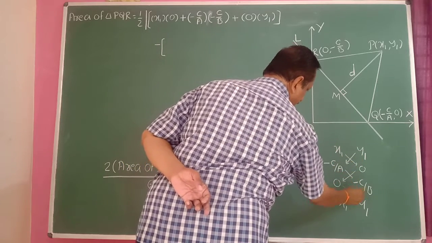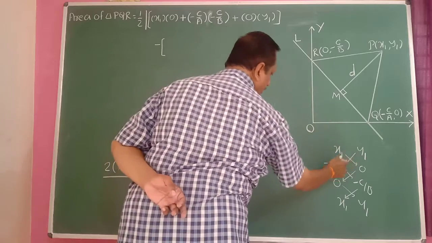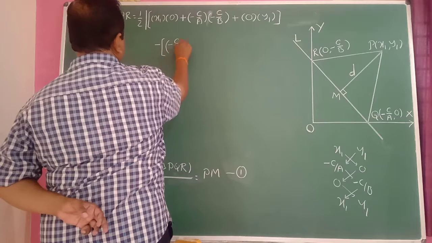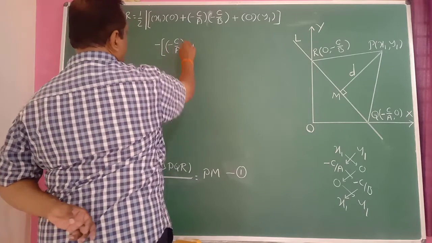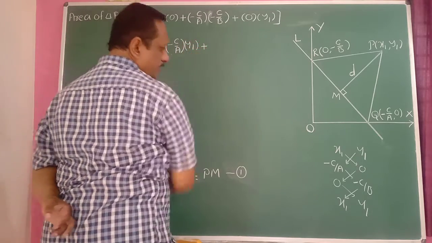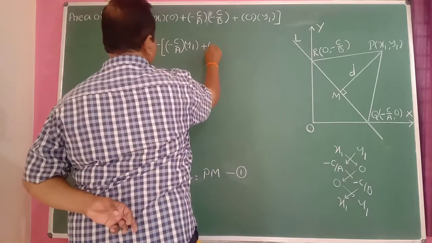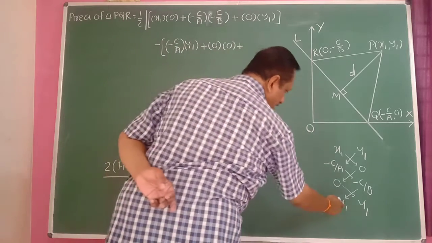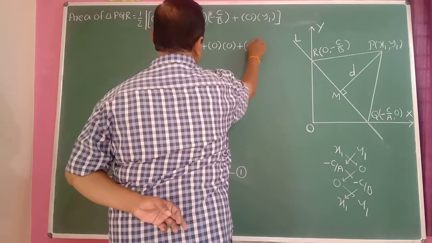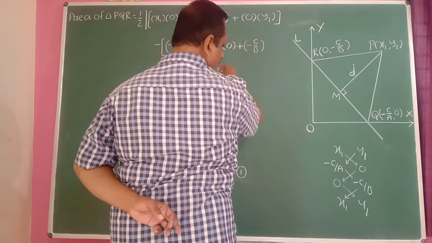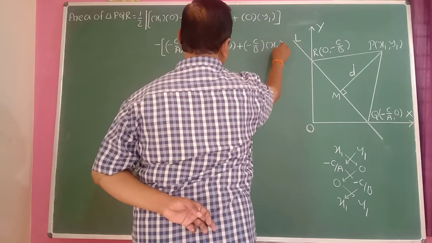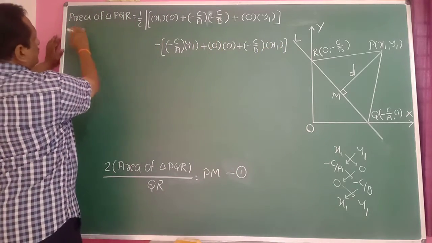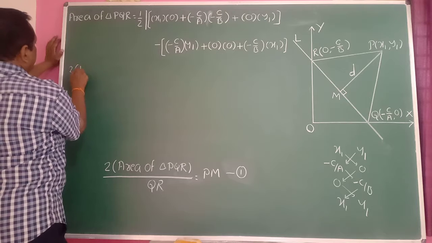Multiply the terms in this order. So y1 into minus c upon a, or minus c upon a into y1, then plus 0 into 0, plus this into this, minus of c divided by b into x1 here. Okay, bracket complete here. Therefore, take this to this side, cross multiply 2 into, then the area